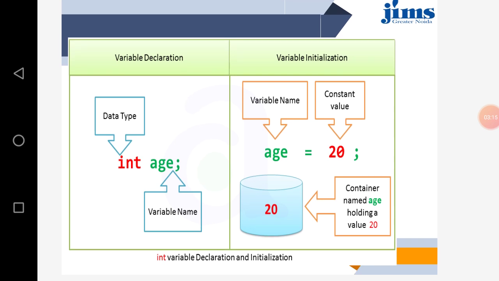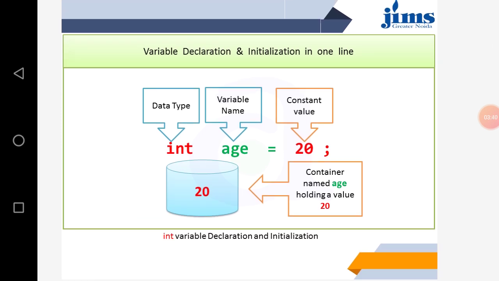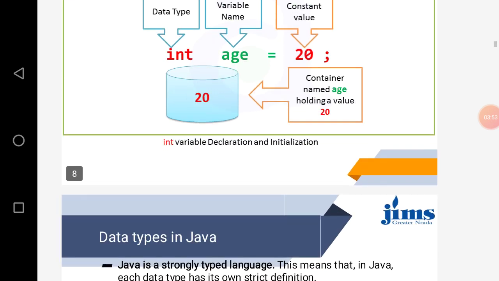So graphically if we see, then data type is its type, and age is its variable. And when we mention its value, that is actually stored in memory. And how do we access that value? With the help of variable. So in the complete diagram, you can understand here, when we mention int age equal 20, it means int is a data type, age is a variable, and 20 is a constant. And it is a kind of container that stores the exact value.